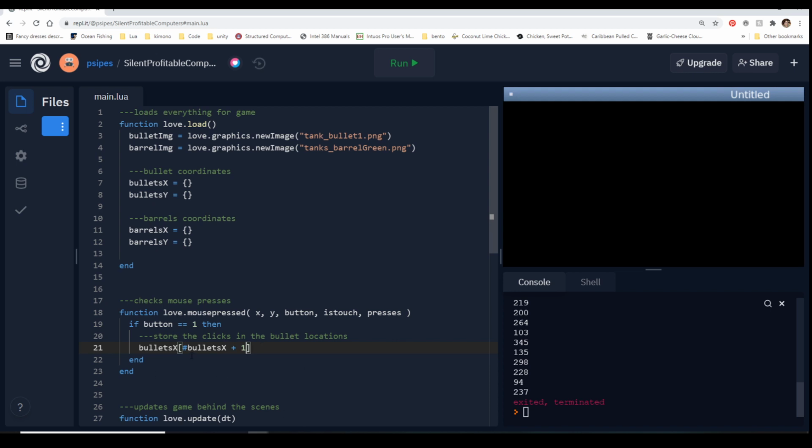So right now, without having anything clicked, this reads as 0. So we go to 0 plus 1, which is our first element, and that's where we want to store our information. If we already had that one, this would read a 1, and so we'd go to number 2, then number 3, number 4, etc. And so all we have to do is say equals x.